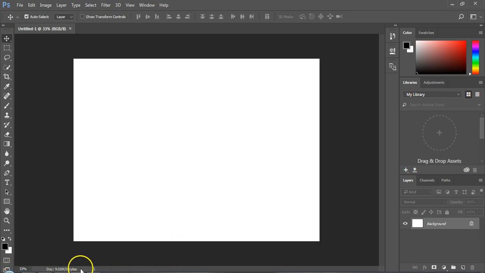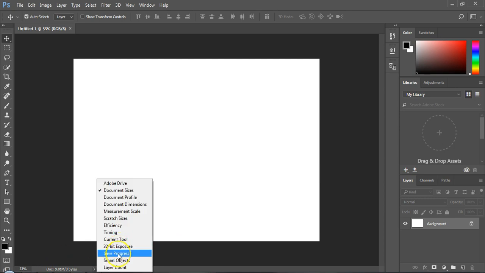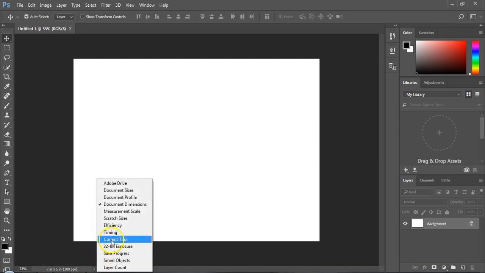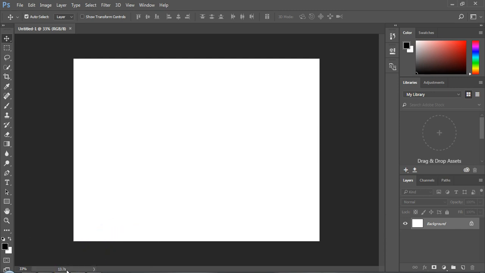On the right side, we have the Visual Aid box and an arrowhead to its right providing different options you want to see related to the document. For example, I want to see document dimensions, so I choose it, and document dimensions it shows. You can also view the document dimensions and resolution if you left click and hold on the Visual Aid box. This click and hold feature will show dimensions and resolution regardless of the option you choose to display in the box.